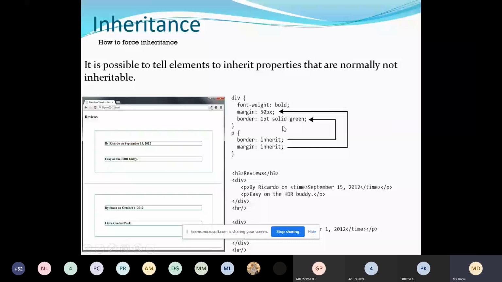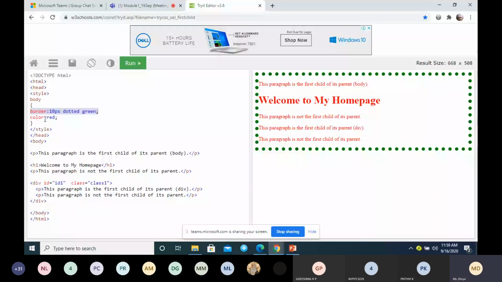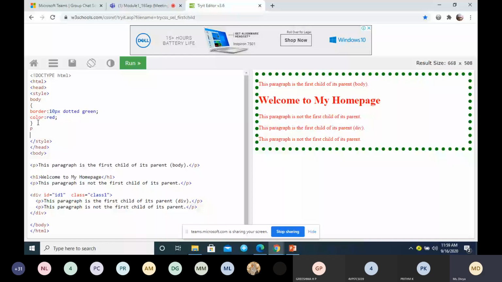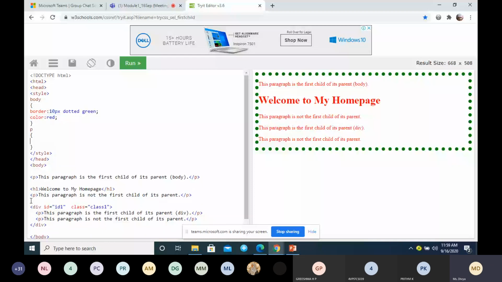I'll show you in this example. Now these paragraphs, they don't have a border. I want them to inherit from the parent. The parent is body, so I use the keyword inherit.